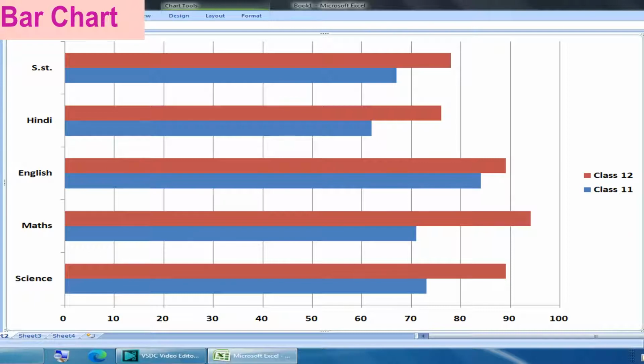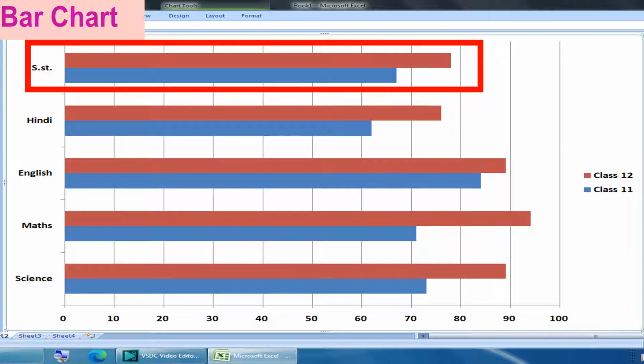To draw this, we should have data of 11th and 12th class students. Class 12th marks are represented in red color. Class 11th marks are represented in blue color. First two bars represent social studies marks. The red bar is greater than the blue, so 12th students' marks are more than the 11th.